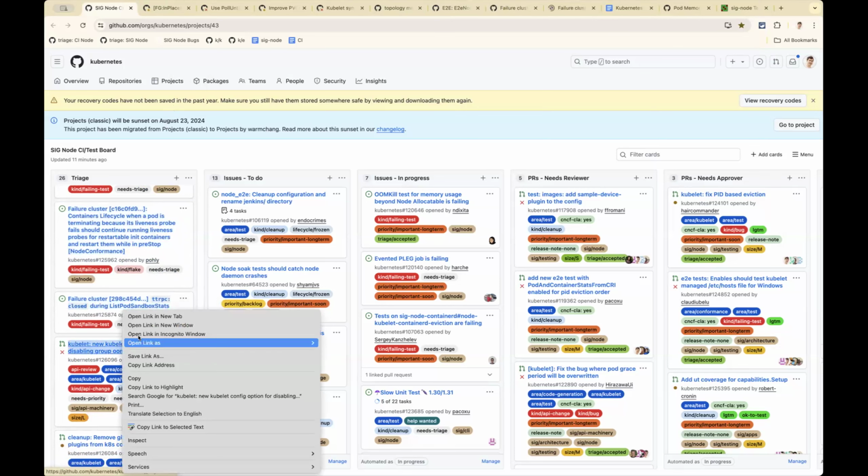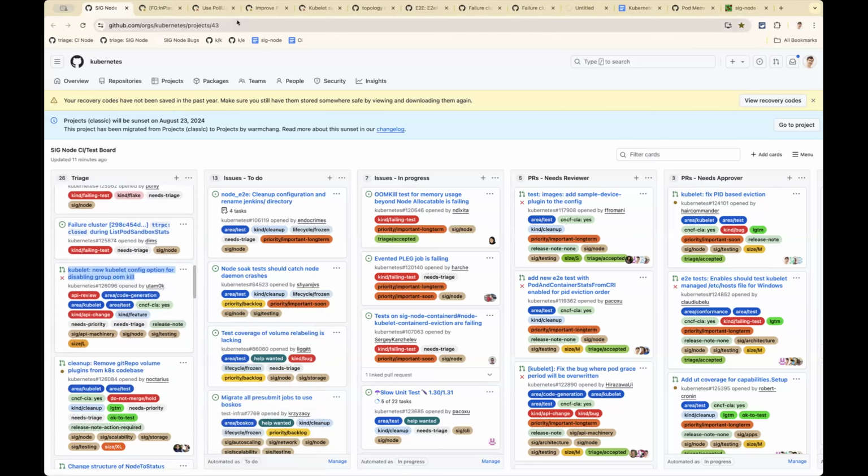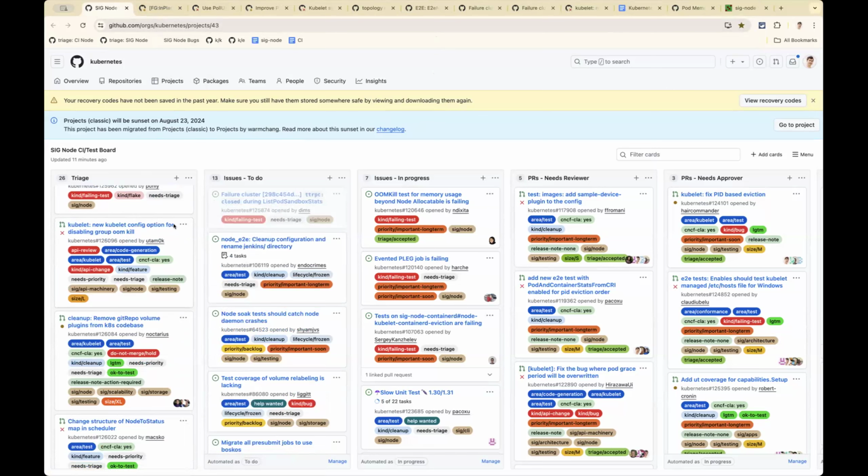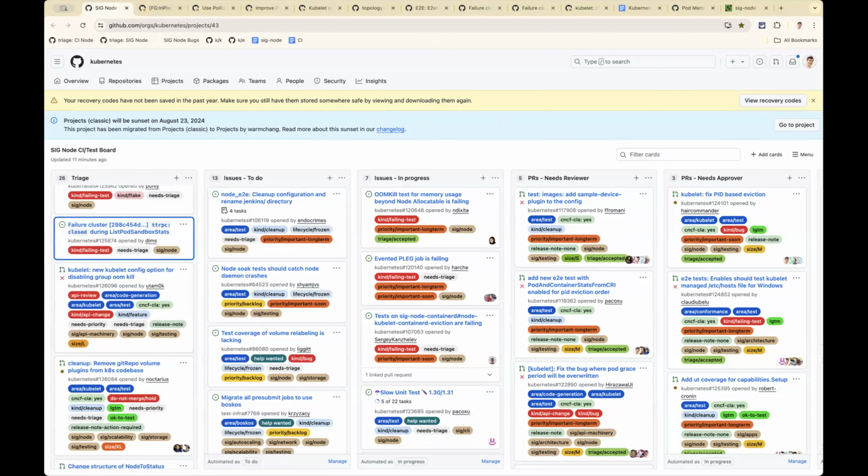At least these were read-only for me. You can click on go to project and then it will allow you to move those. There's a go to project link on the right hand side of the blue.